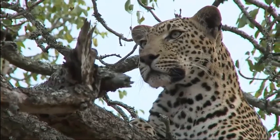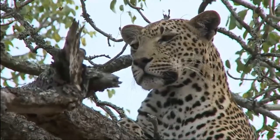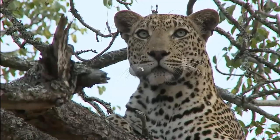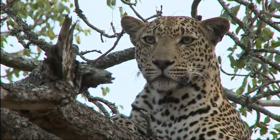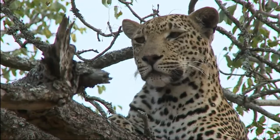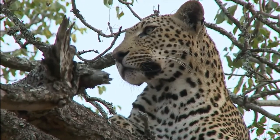For those of you who are new to the show this morning, leopard have markings, those spots on their face are very similar to fingerprints on a human. And we can actually identify which leopard is which. Because they're territorial, you do see leopard